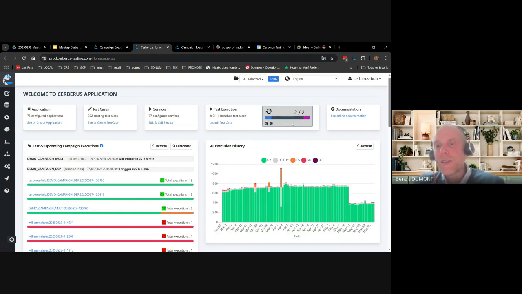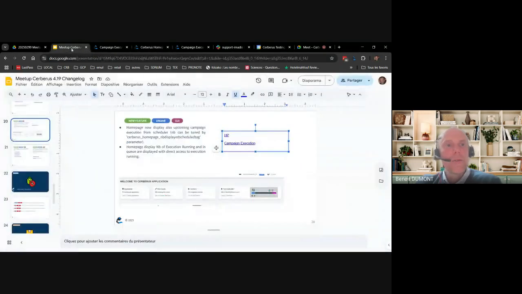to refresh the page. It's dynamically plugged to the Cerberus backoffice, and as soon as one execution is finished or any new execution is submitted, it will refresh that layout automatically. That allows you to follow up a bit the activity on the queue. If my queue is saturated, how fast is my queue executed? So it gives real-time insight into the execution of the engine.